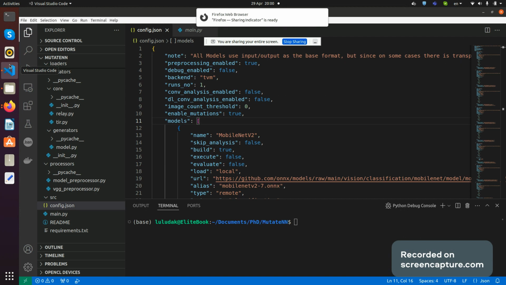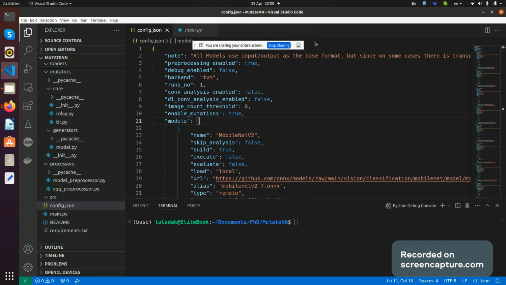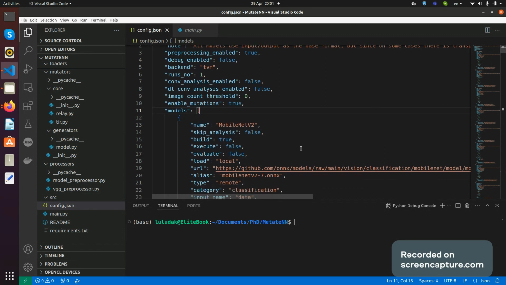Hello everyone, this is a presentation about MutateNN, a tool that enables mutation testing for AI and machine learning compilers that focus on the model compilation with the purpose of deployment on different hardware accelerators. Our tool is built using Python on top of Apache TVM, a well-known AI and machine learning compiler, and supports